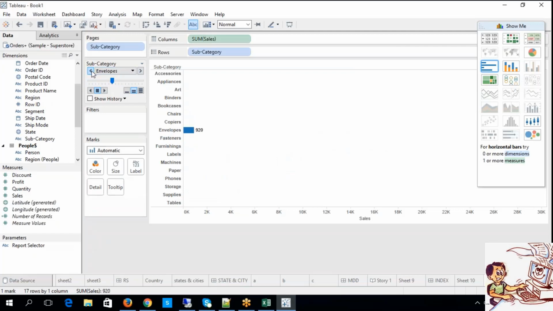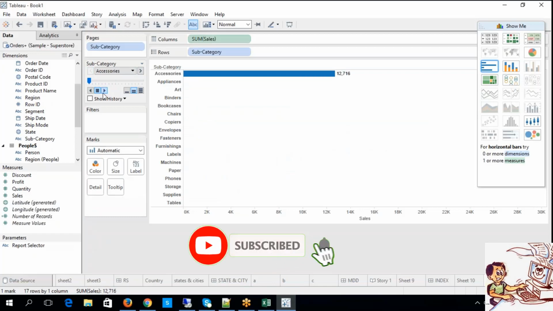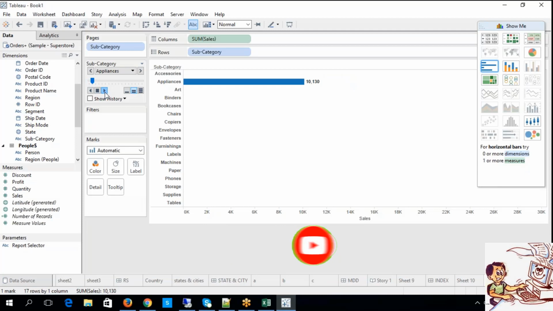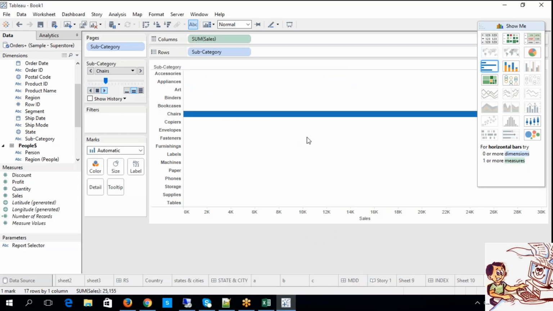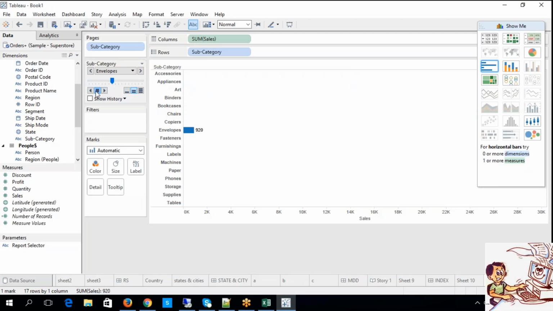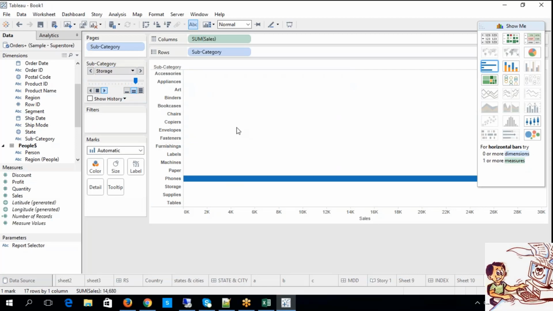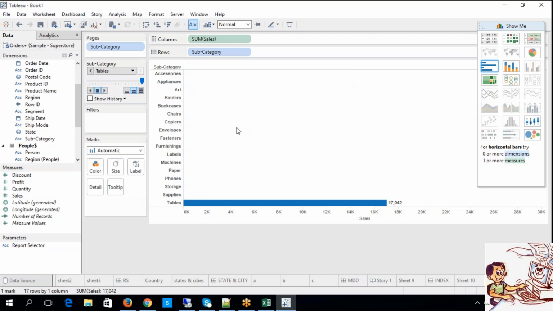And you know what, guys, one more thing. This is what? Automatic. The moment I hit this play symbol, it will keep on playing automatically. Now if I want it to stop, yes, you can use this option. Now look at this again. See, here the values keep on changing. It keeps on moving in this way. Right, guys. This is what? Pages.